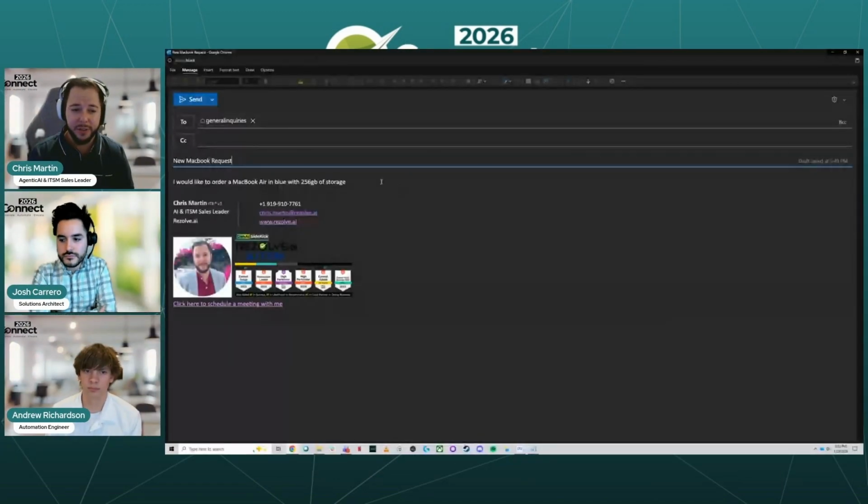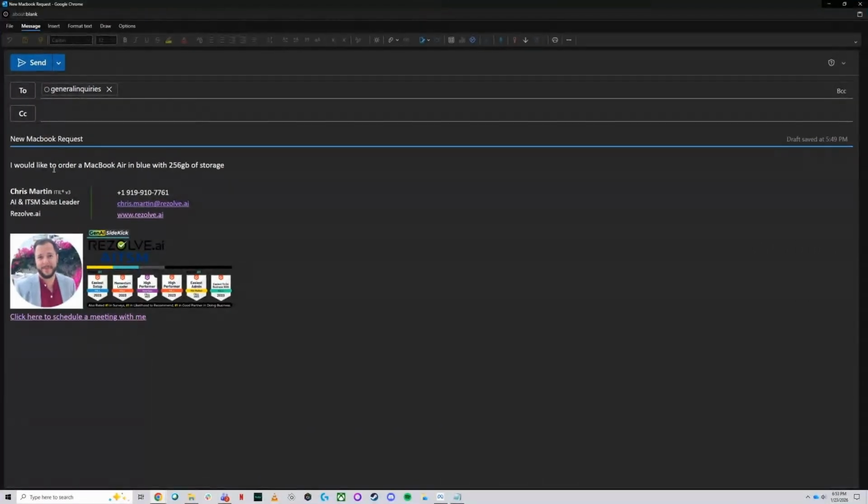So in addition to that, we just talked about the voice capability, automation through voice. So now let's also look at the virtual support agent also via email. So I'm going to pull up an email here. And so this is a support email address that we have, and I'm asking for a new MacBook, and I'm entering some details in here as well.